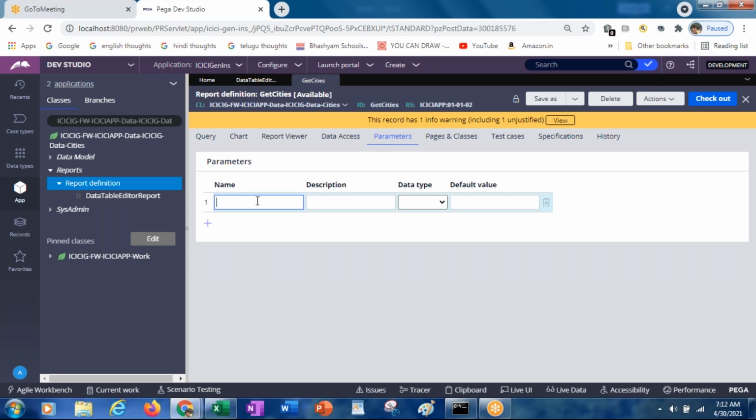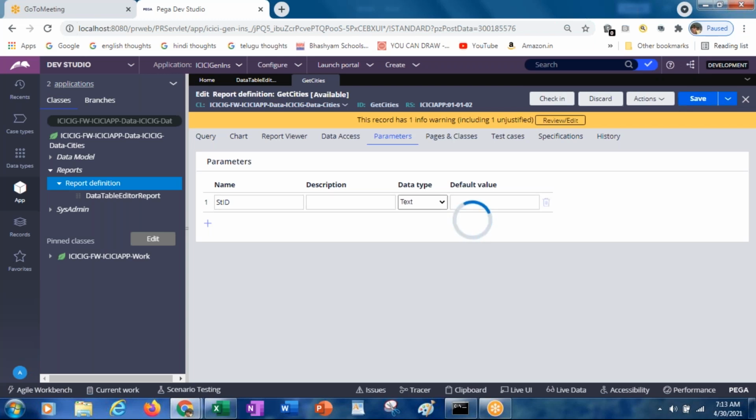In the parameters, you give any meaningful parameter name, like STATE ID, or STID if you don't want to confuse it with the other state ID. To remember the parameter, since ID is different, we are taking STID, and this is the text value. Check out this. As I said, the first time when you save it, it will automatically check in.